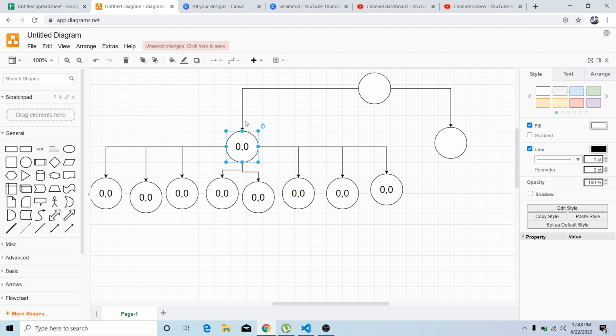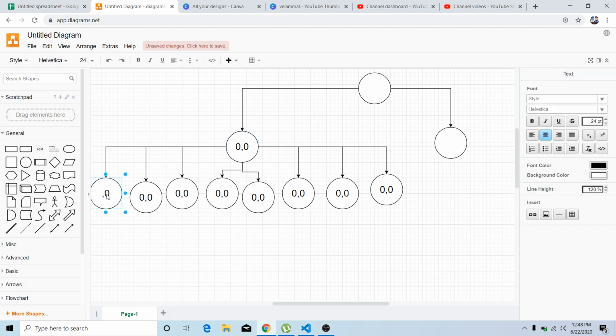So from 0 comma 0 you can go 2 rows upward and 1 column leftward. What is it? Minus 2 comma minus 1. So minus 2 comma minus 1 is the first possible move. Similarly you will have 8 such moves, and each and every move we will give to the bounding function. The bounding function will decide whether it is a valid cell or not. If it is a valid cell, then we go for the further possibilities.